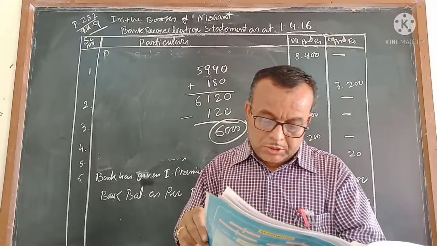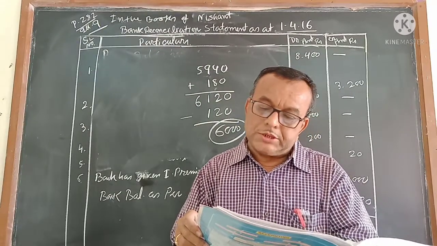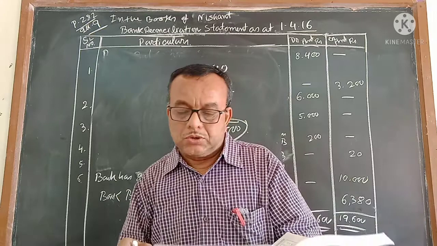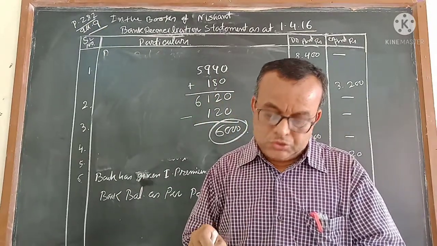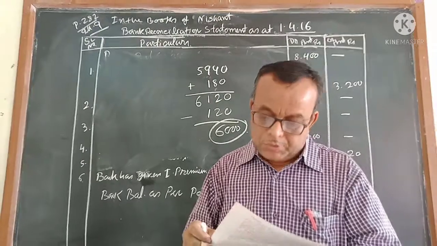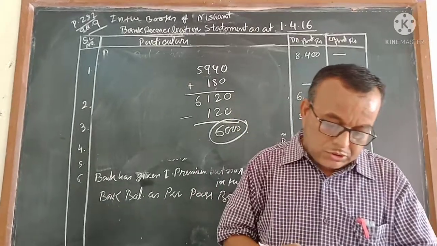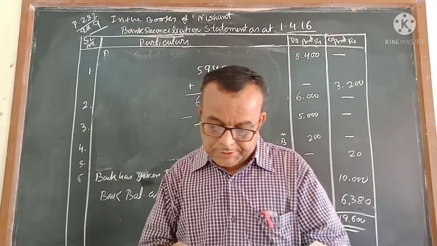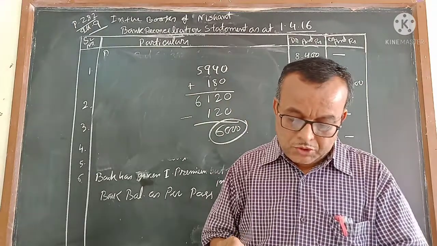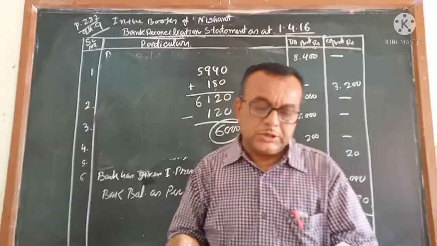So the credit balance, the answer, is coming 14,670. See the cash book answer: 14,670. That is the balance which you got in the cash book, the closing balance. And the total you are getting, so credit balance as per cash book, bank overdraft, is 14,670. That total is coming 41,940. Very easy sum. Nothing is given.